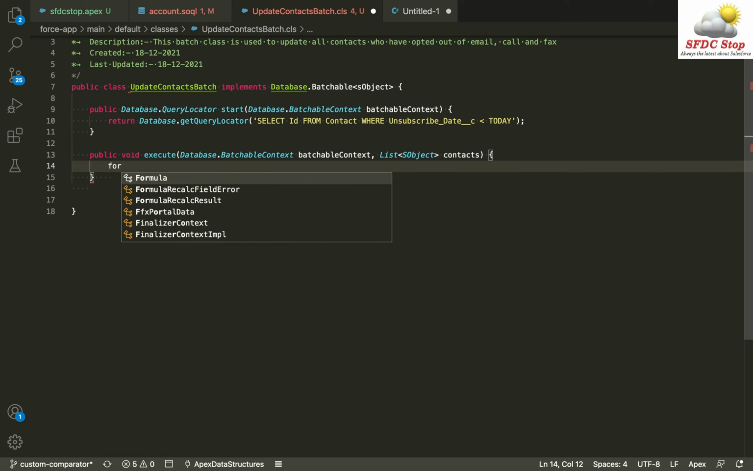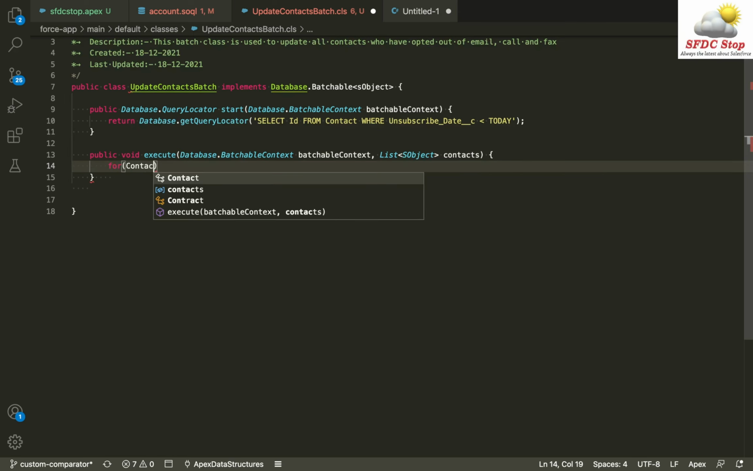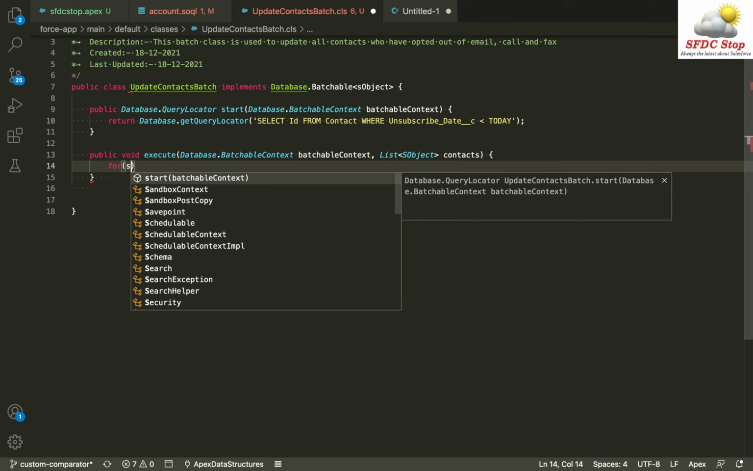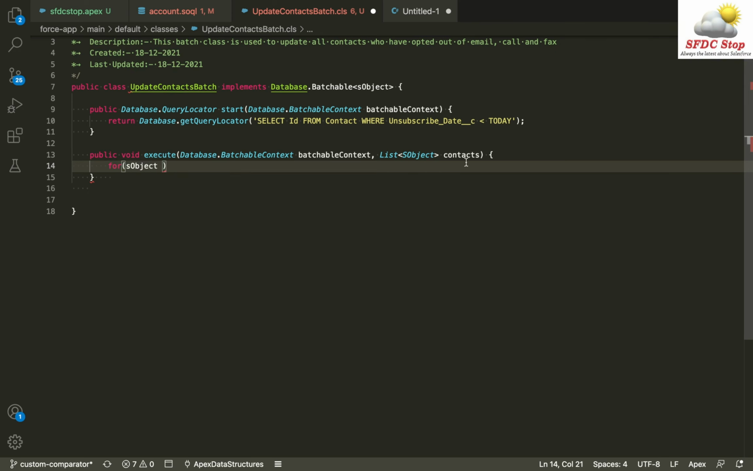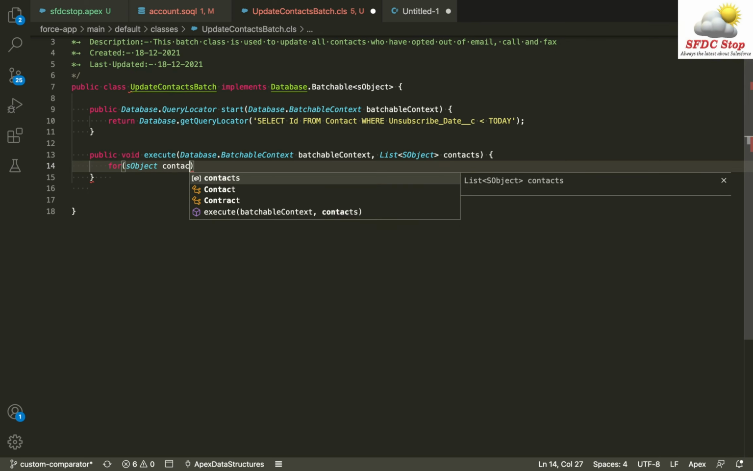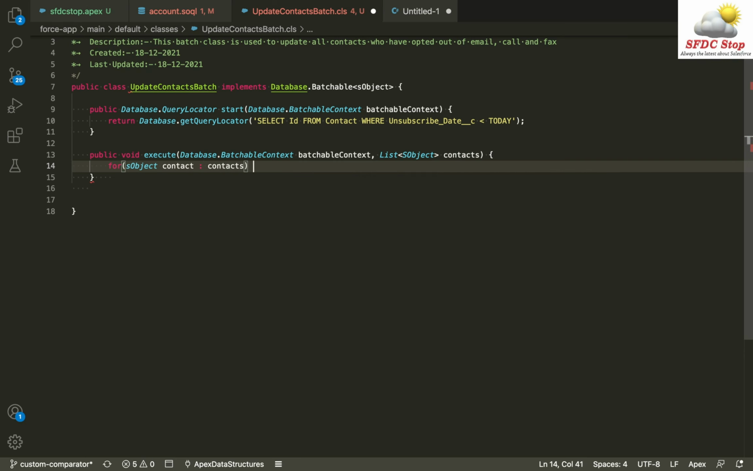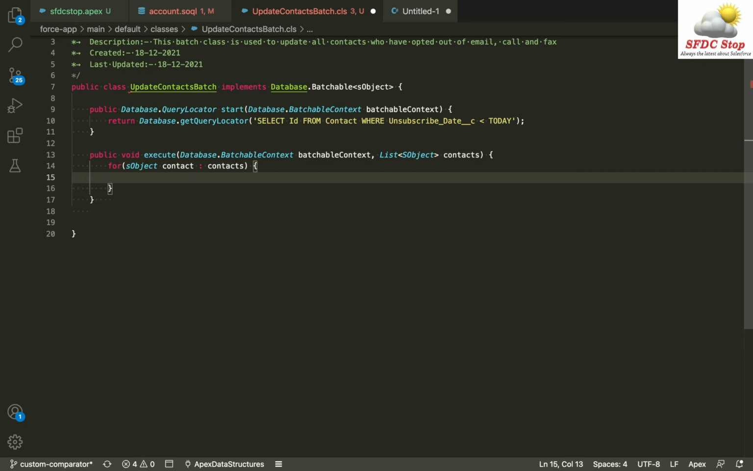In order to update these contacts, I'm going to use a for loop. So let's say for each SObject, because it is of type SObject, right? So for each SObject contact in contacts, what I'm going to do, I'm going to opt out these contacts from email, fax, and call. So I can simply say contact dot put